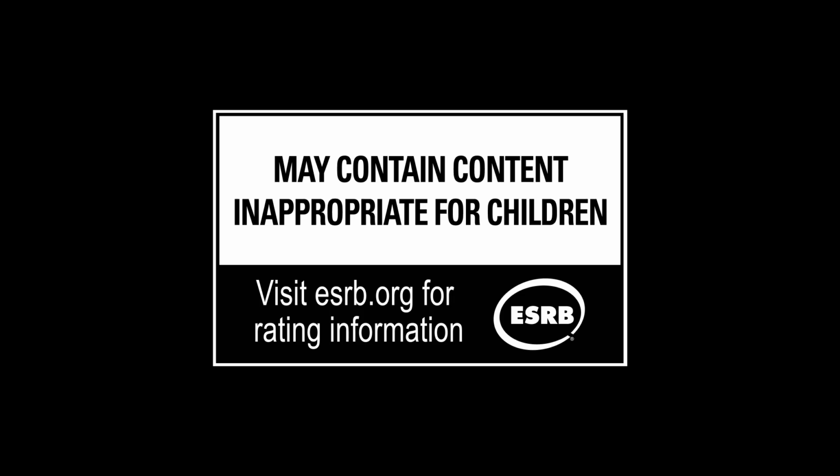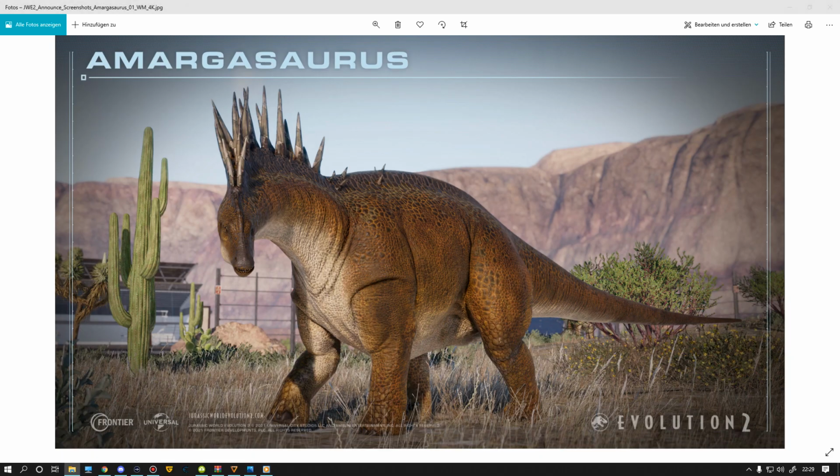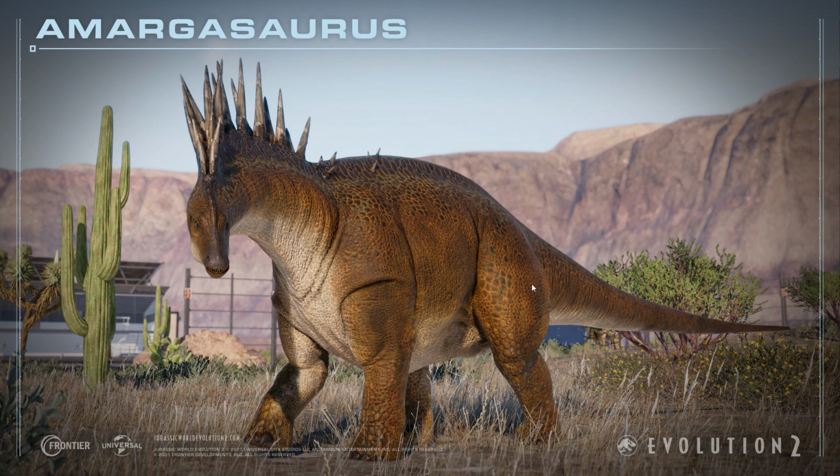So let's start right off with the first one, and this is the Amargasaurus. As you can see over here, again, I need that help from the game actually. Let me put that into full screen as well, so we have a better look at that animal. So it is Jurassic World style, but there is something in here that I want to highlight, especially because this is something that people wanted to see, and I want to stress this picture a lot